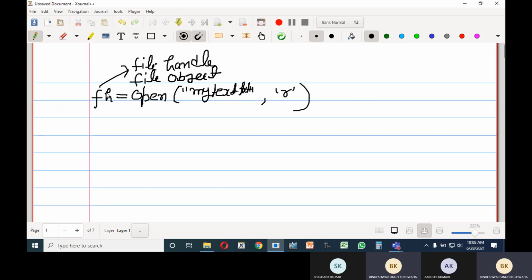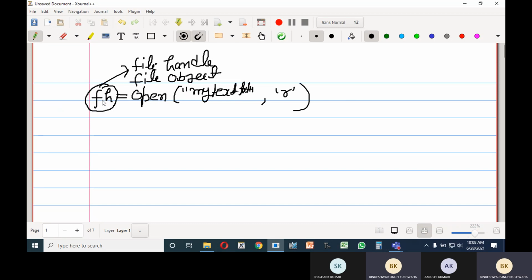Okay, and this file handle is used to manipulate the file. You can say that reading a file, writing a file, appending, the whole operation will be done by this file handle.